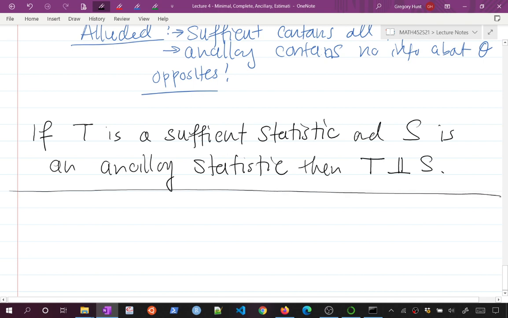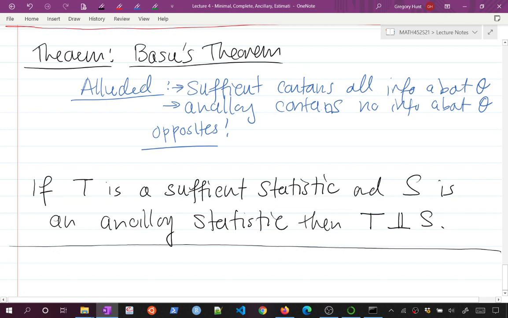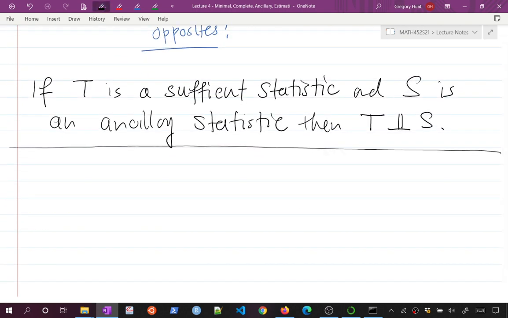That's all. So it mathematically codifies this relationship in which sufficient statistics contain all the information about a parameter. Ancillary statistics contain none of the information about the parameter, and they're opposites. They're actually independent of each other. They're both statistics, they're both random quantities, and so they're independent. So this brings us to